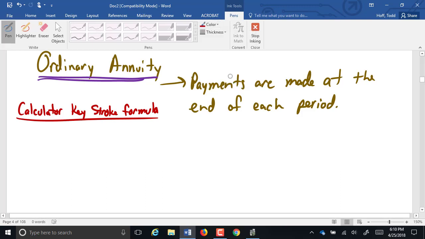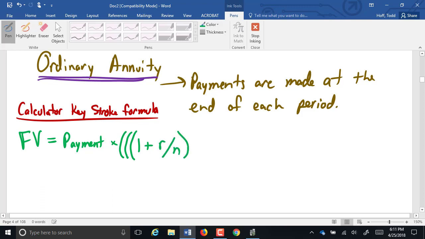So to find our future value equals our regular payment times, now, yes, on your calculator, you would have to enter 1, 2, 3 open parentheses, 1 plus, now this next part's going to look very familiar, R divided by N, close parentheses, to the power of N times T. Well, so far that just looks like our compound interest formula, doesn't it? Keeps growing, minus 1,